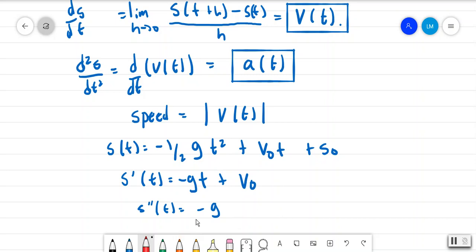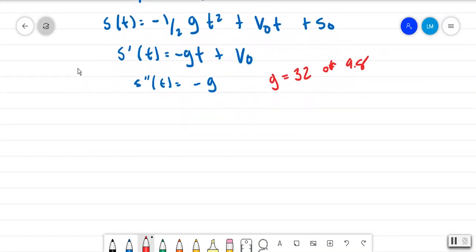Now, in any case, we have that g is actually going to be equal to 32, not 16. So that's going to be either 32 feet per second squared, or basically 9.8 meters per second squared. In that case, the first derivative gave us the velocity, and the second gave us